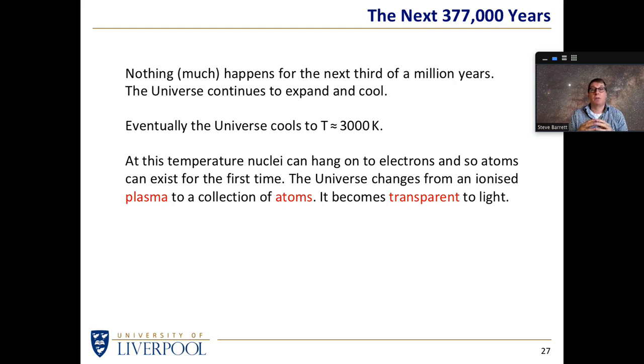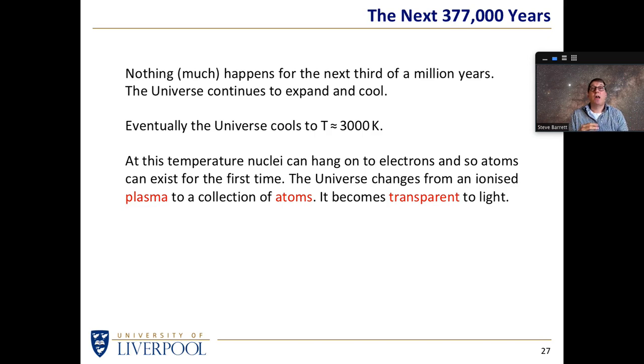That's important because up to this point, the positive charges and negative charges were all floating around in a plasma, but now we have the positive and negative charges in an atom, which is electrically neutral because the positives and the negatives effectively cancel each other out. An atom is electrically neutral. At that point, we no longer have the universe as a plasma, we have the universe as a gas of individual atoms, positive and negative charge. At that point, the universe becomes transparent for the first time in history.